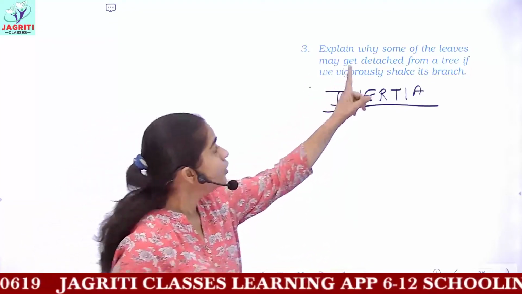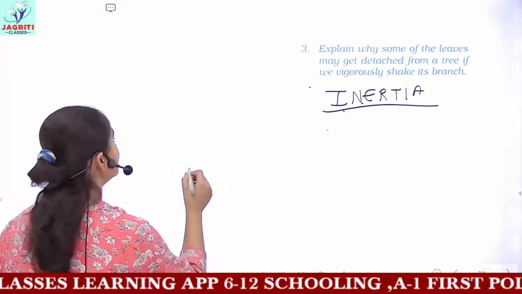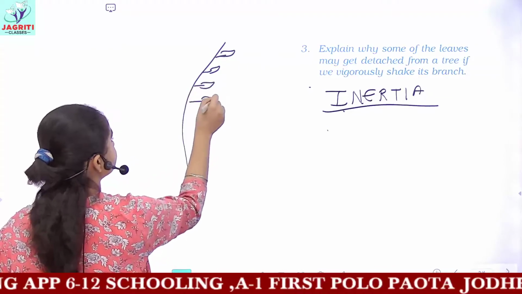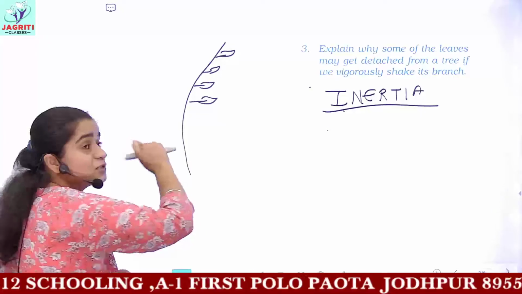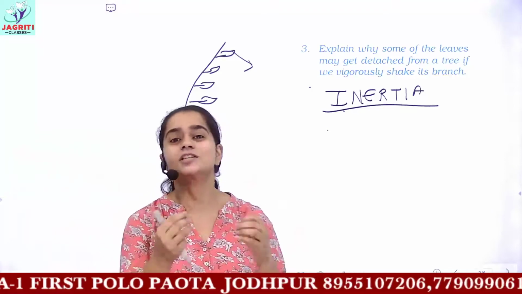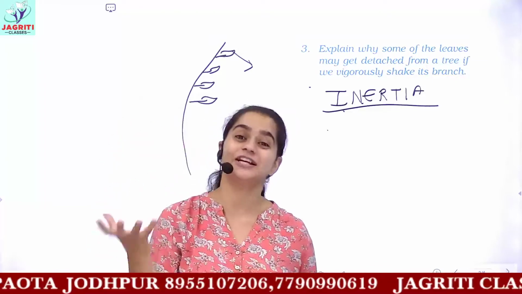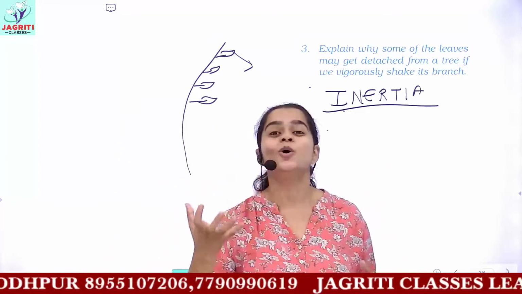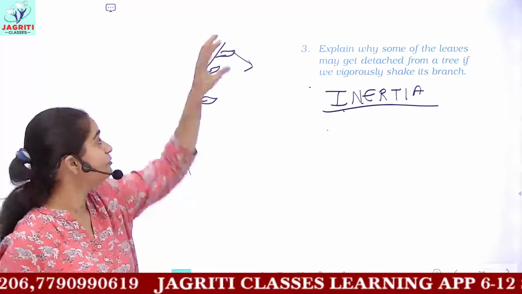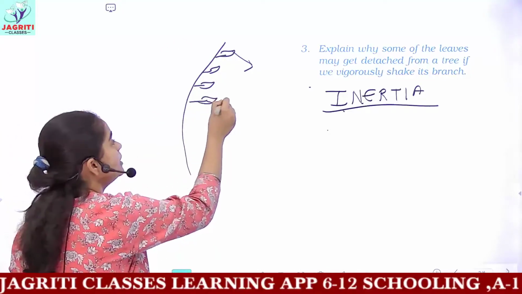So it is given that when we shake the branch of a tree vigorously, the leaves fall. Why? Suppose this is a branch of a tree where the leaves are attached. Now you are shaking this branch vigorously. The leaves have their inertia. I told you every object, small or big, has inertia in it. Yes, the mass of the object defines the magnitude of inertia. The heavier the object, the more is its inertia. But here all these leaves have their own inertia. That is, when the tree is in a resting state, these leaves have inertia of rest.